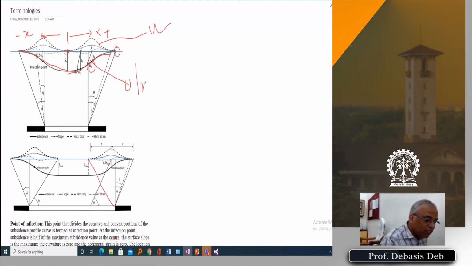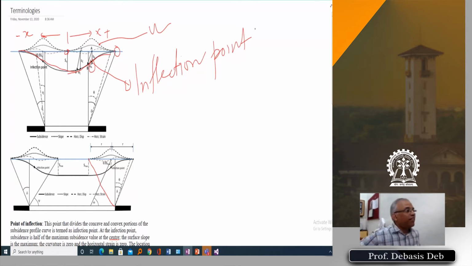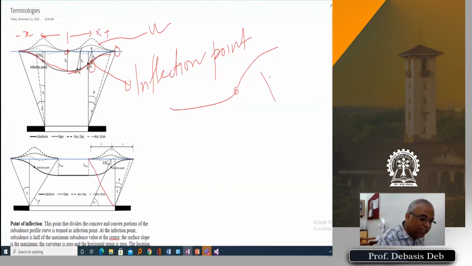I will tell you, it's called the inflection point. Let me define it: the inflection point is where the curvature changes. Basically, it comes like this, then it becomes like that. So there are two curvatures, the radius of curvature here and the radius of curvature here. These are the two different curvatures, and that we call the inflection point. In mathematics also they call it the inflection point. And this is the point where you will see a crack on the surface.